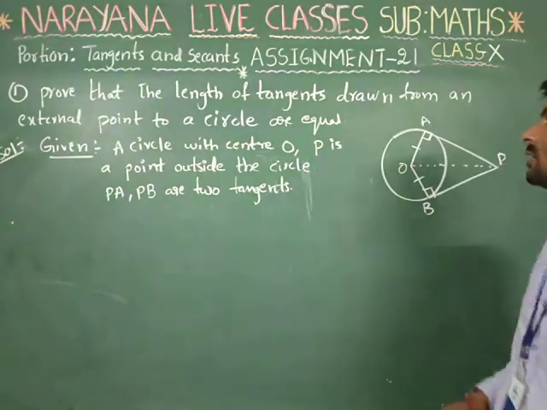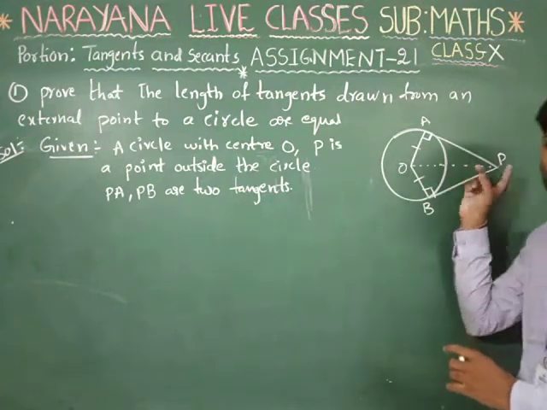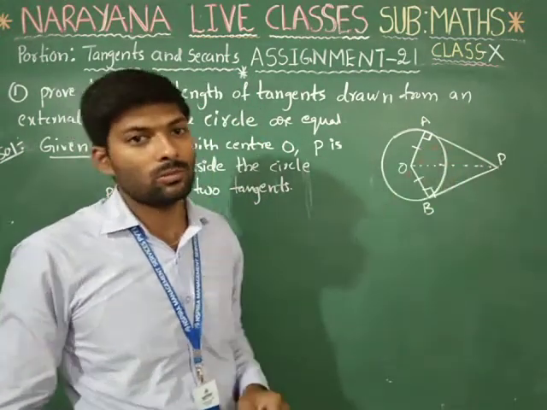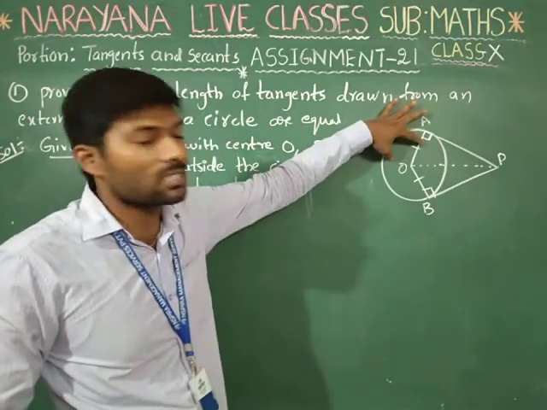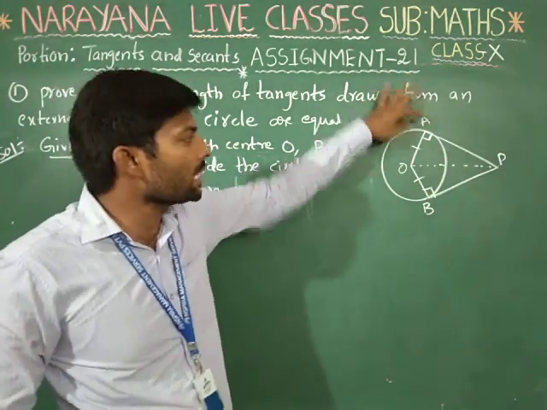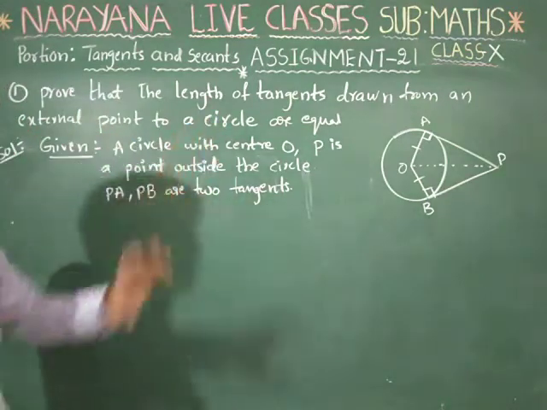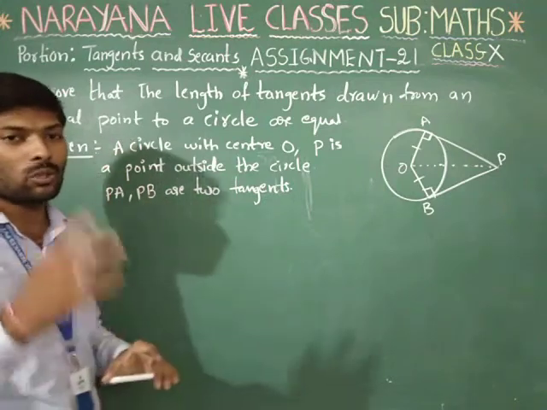Right? So we'll take a figure. The circle with center O and an external point P. Two tangents can be drawn from the point P to the circle and will intersect the given circle at two points, the first point A as well as B. So this is a given circle with the center O and P is a point outside the circle. So PA and PB are the two tangents.